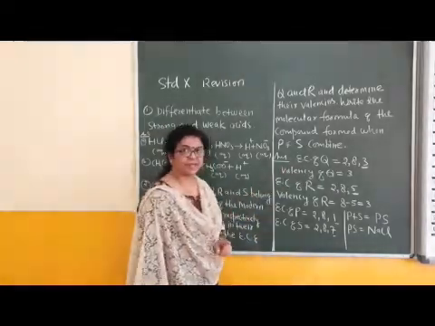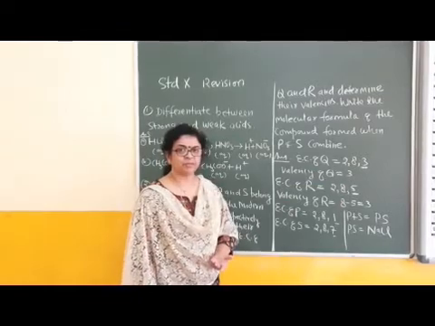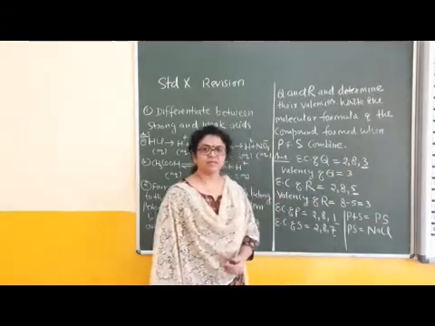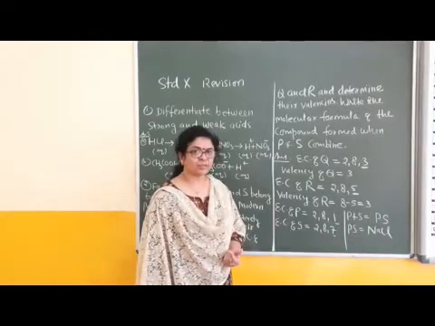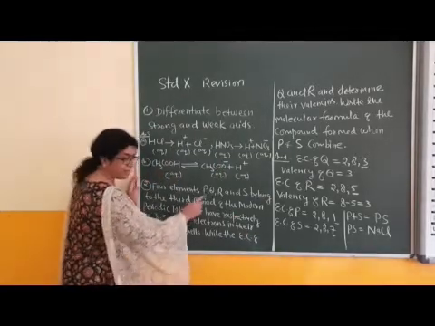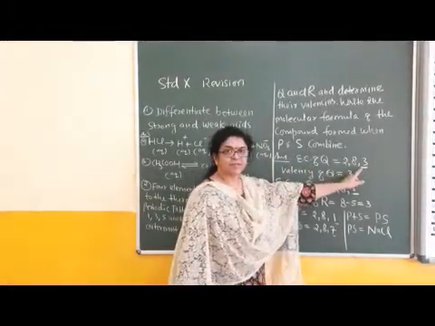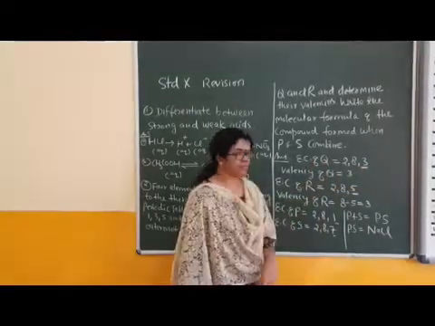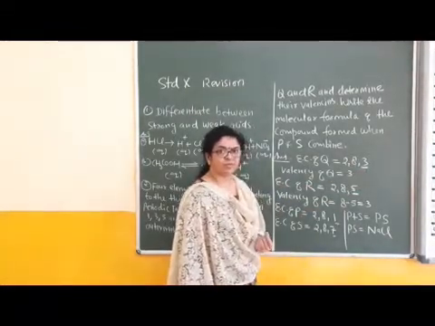Solution of the first part. The electronic configuration of element Q is 2, 8, 3. Because Q is placed in which period? The third period. All elements are placed in the third period. How many orbits are present? Three shells are present. The first shell is completely filled with 2, the second has 8 electrons, and 3 valence electrons are present in the valence shell of element Q. What is written here? 2, 8, 3. Then what is its valency? 3. Valency of Q is equal to 3.